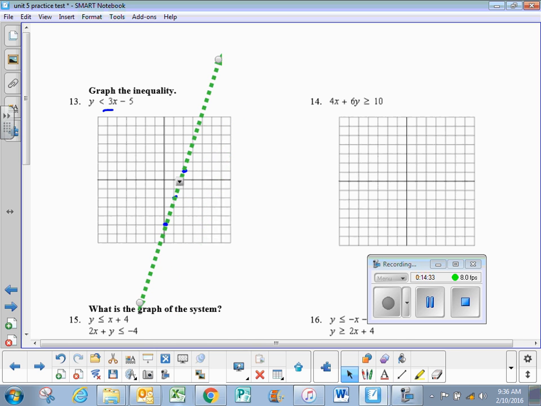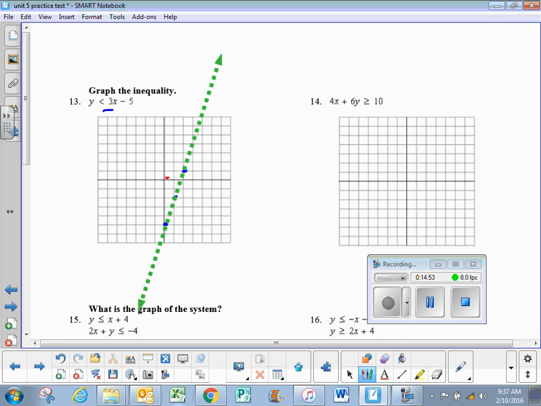And I said, well, what do you think? It's an inequality. Is the solution the line? Well, no, especially not if it's dashed. If it is solid, it is the line. But with an inequality, remember, it's different because it's a bunch of solutions either side of the line, an infinite number of solutions. So I always like to plug in 0, 0 if possible, and I can on this one